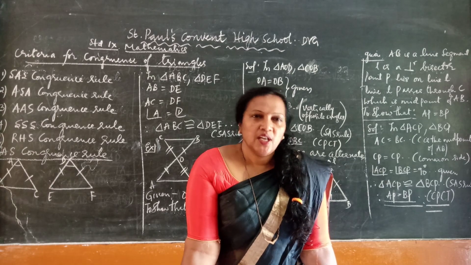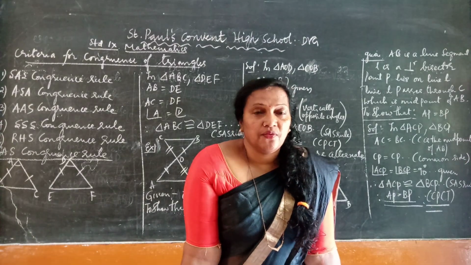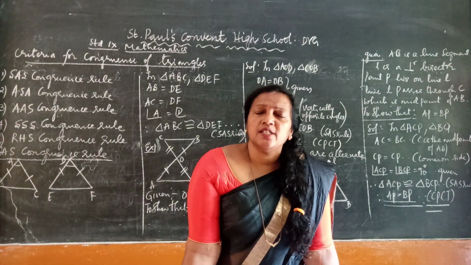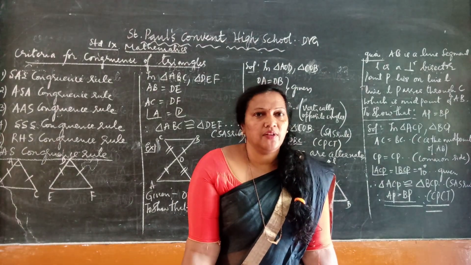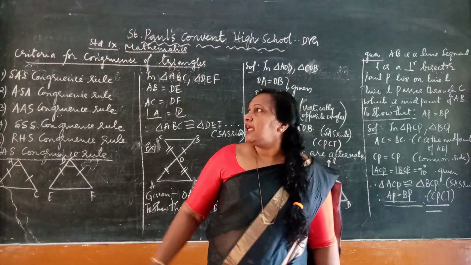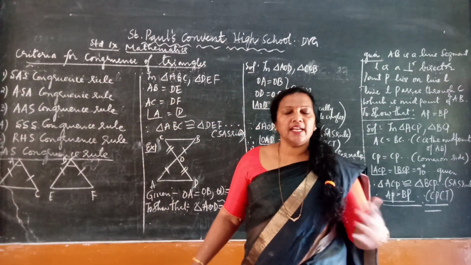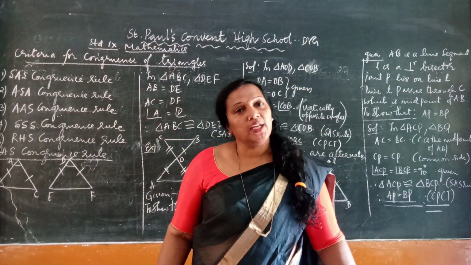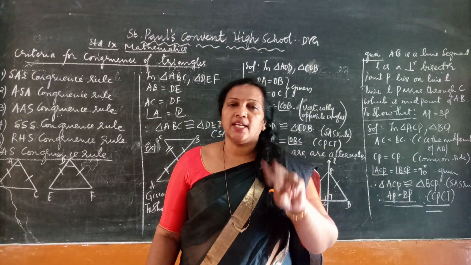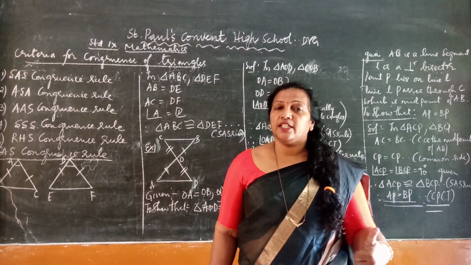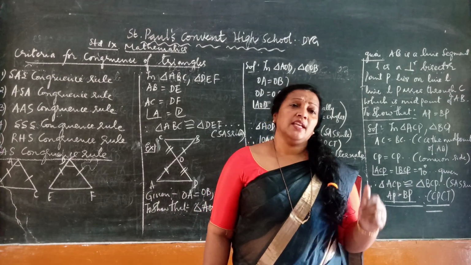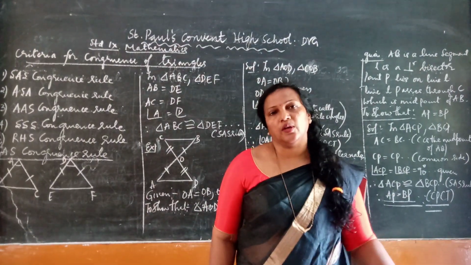In the last class, we have learnt about the congruence of triangles, types of congruence of triangles. Now let us solve the problems of congruence of triangles. So in this class, you will be learning more about criteria for congruence of triangles. Criteria means conditions for congruence of triangles. You have learnt the 5 conditions where you can say 2 triangles are congruent. One is that you have learnt is SAS, ASA, AAS, SSS and RHS congruence rule.